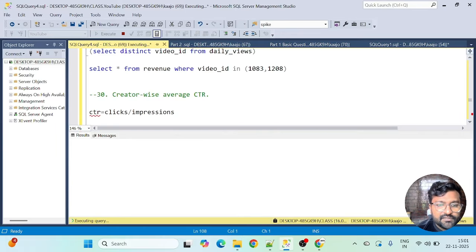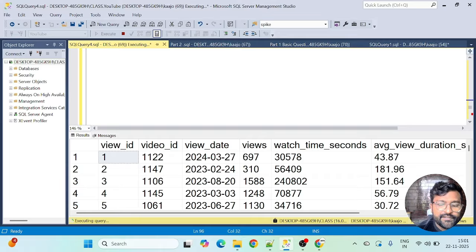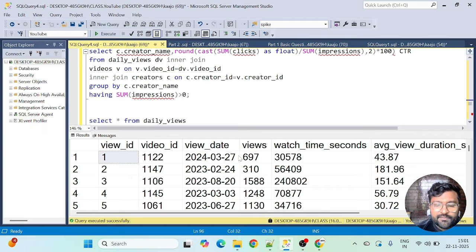Because in the daily views table we had multiple records, right, for a video. So that's why I was thinking to do sum here, but since we have to calculate the average per creator, that is fine. I'm thinking whether I should directly go with it, because per video, think like this, if I join this with the creator ID table, we're just going to get one more creator ID column here. Then per creator, I don't have to do a group by video ID, correct, because I have to go with creator.